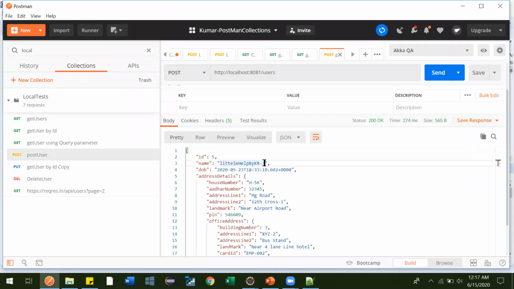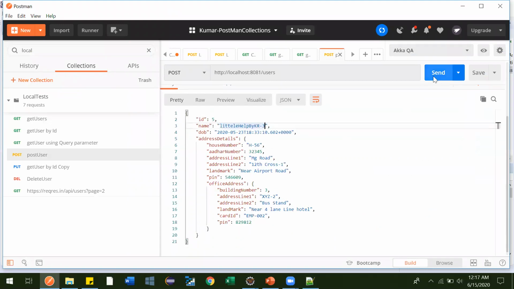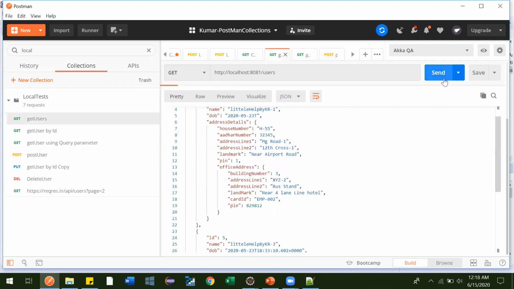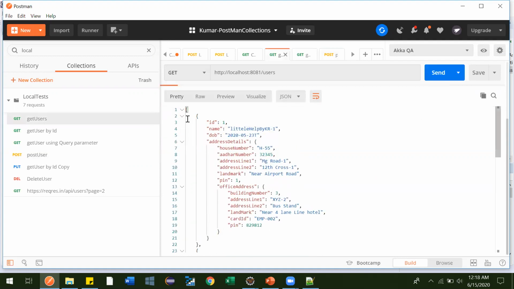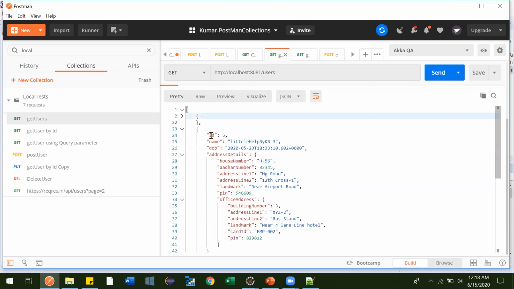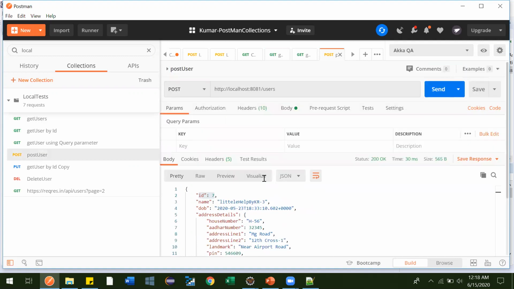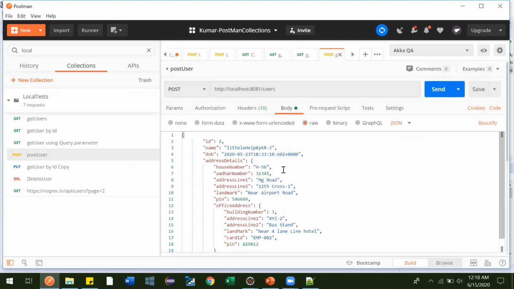Let me make it something 4, and let the others be the same. Okay, so now we have got one response with ID as 5, ID as 7, and it got added. Let me see whether it got added or not. The first one was ID 1, the second is ID 5, and the third is ID 7. And what is the name of ID 7? It is this one. Sorry, why didn't it get updated? Oh, sorry, we didn't update here.